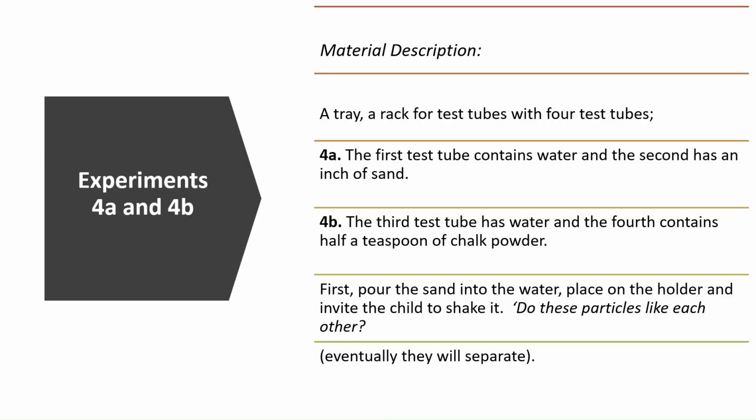Experiment 4A and B. Material description. A tray, a rack for test tubes with 4 test tubes on it. 4A, the first test tube contains water and the second has an inch of sand. In experiment 4B, the third test tube has water and the fourth test tube contains half a teaspoon of chalk